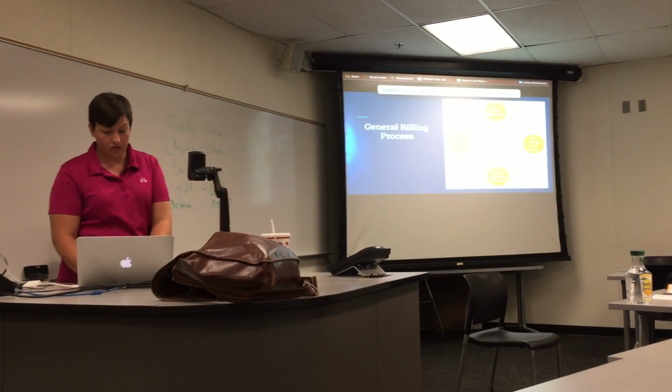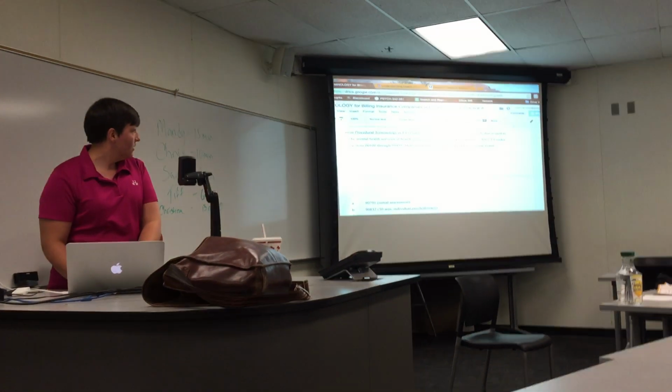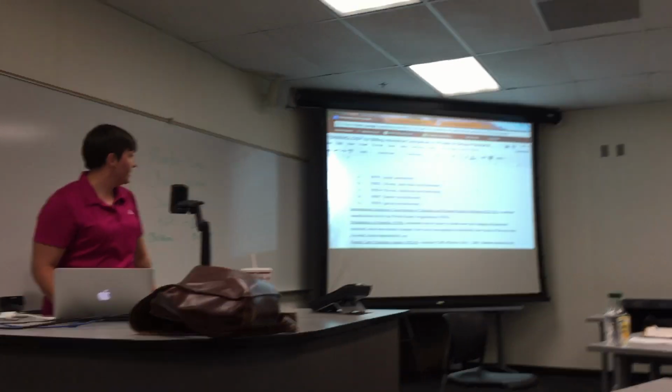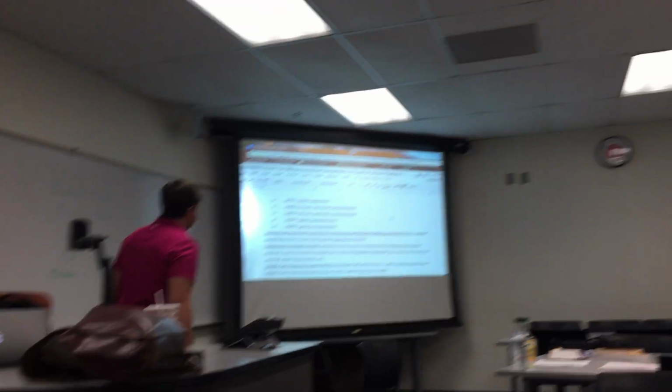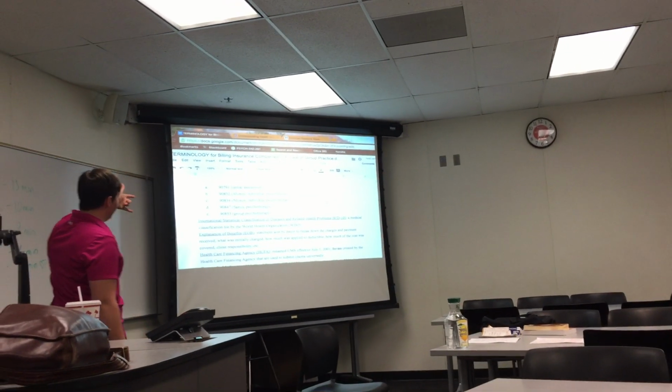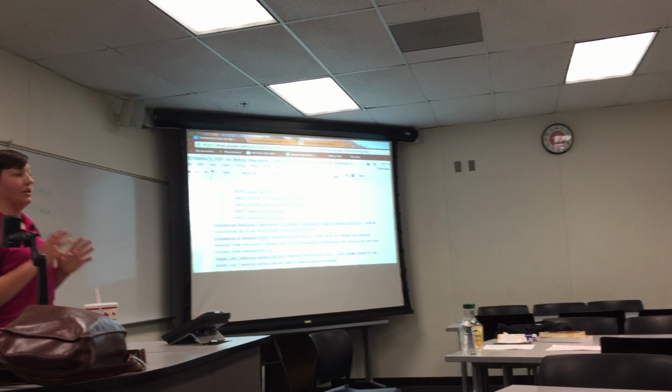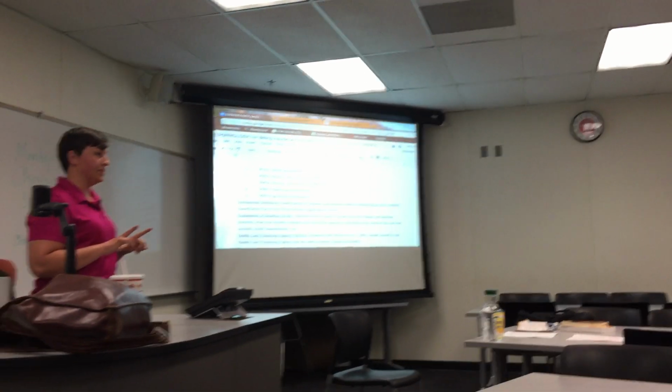I'm gonna swing this over. Let's see if I can see that. Okay, yeah, this is my terminology list. So let's take a look at, so these are all A through E are CPT codes, which are necessary for a form that you're gonna have to fill out when submitting claims. That's called